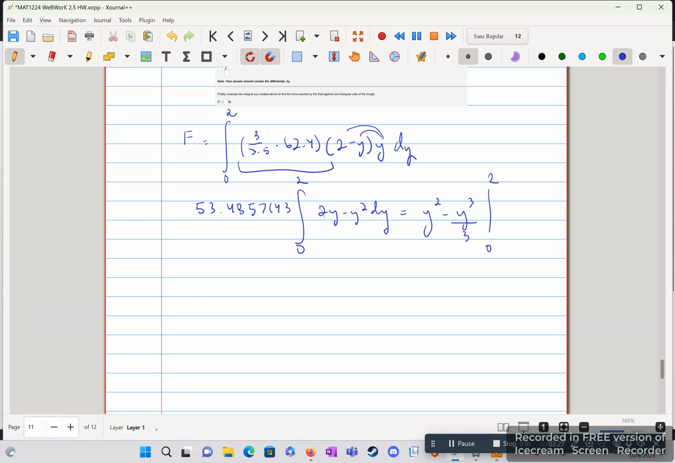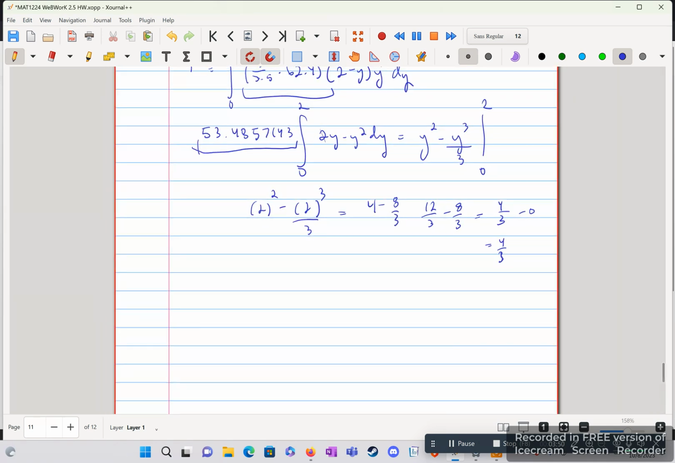Now we plug in our 2, squared minus 2 cubed over 3, which is just 4 minus 8 over 3, which 4 times 3 over 3 is 12 over 3, minus 8 over 3, which is 4 over 3, minus 0, which is 4 over 3, times this constant, times 4 over 3, which is equal to, using our calculator, 71.3142857. That is our answer to